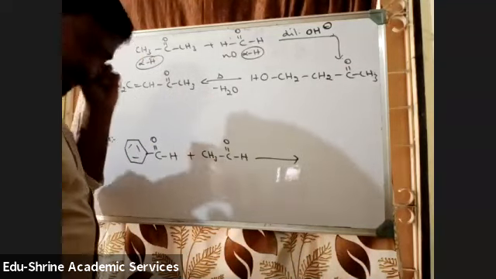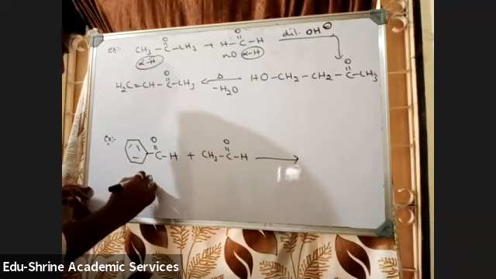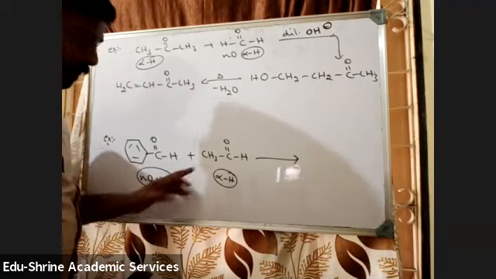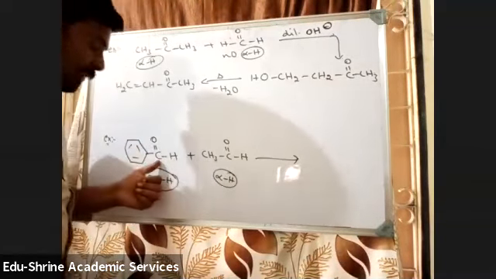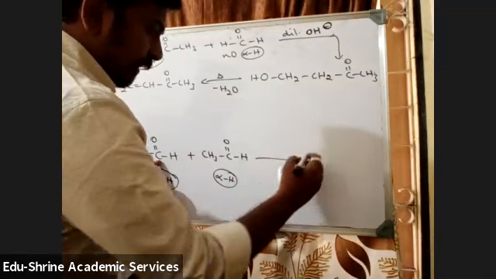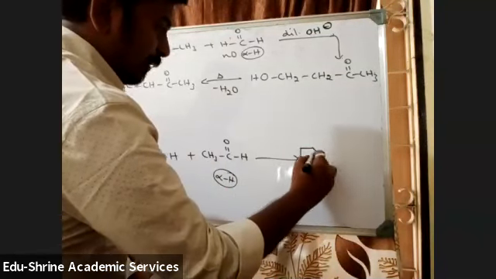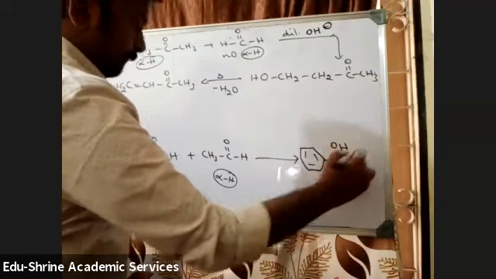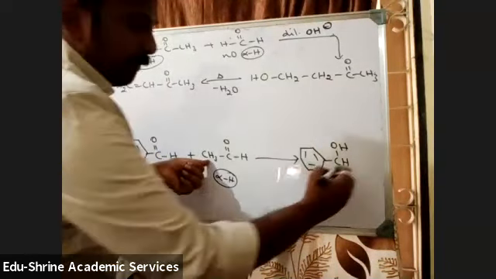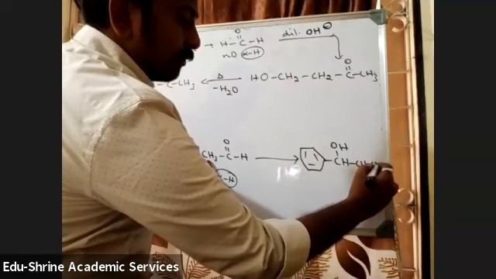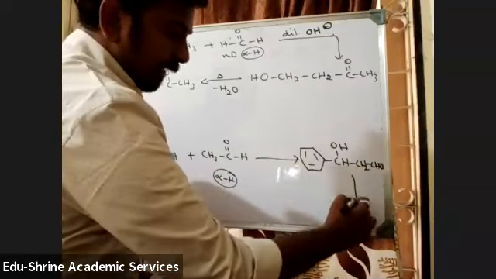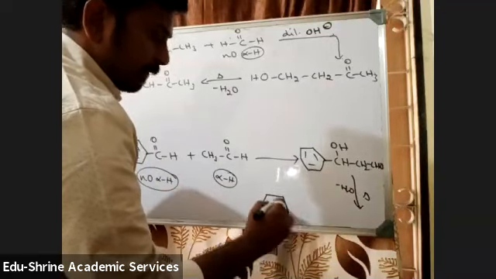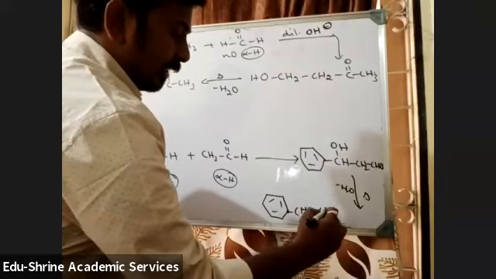Okay. In the same way, next compound. Here there are no alpha hydrogens and here there are alpha hydrogens. So from here a carbanion will be generated. This will be converting into OH. So let me write the one which is converting into OH first of all. So benzene ring, CH, OH. To this carbon atom, this carbon will be bonded and it will be converting into CH2, CH2, CH4. So on further heating, water molecule will be lost and the product you will get is CH double bond CH.